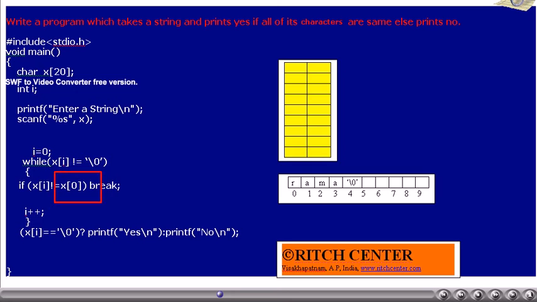The while loop is written in such a way that each element of the string will be taken and compared with the first character, that is the 0th character.